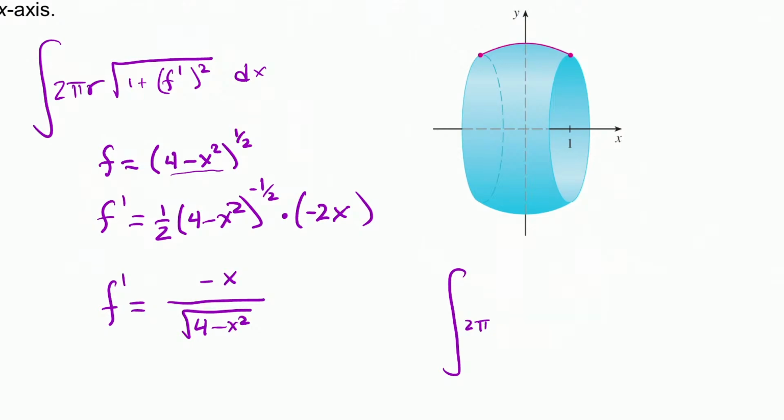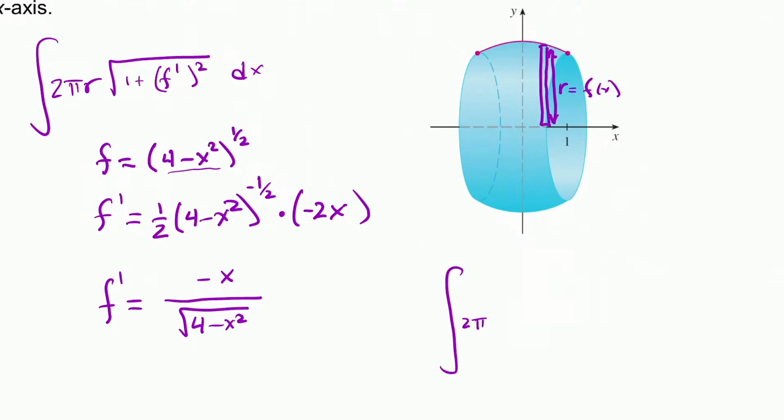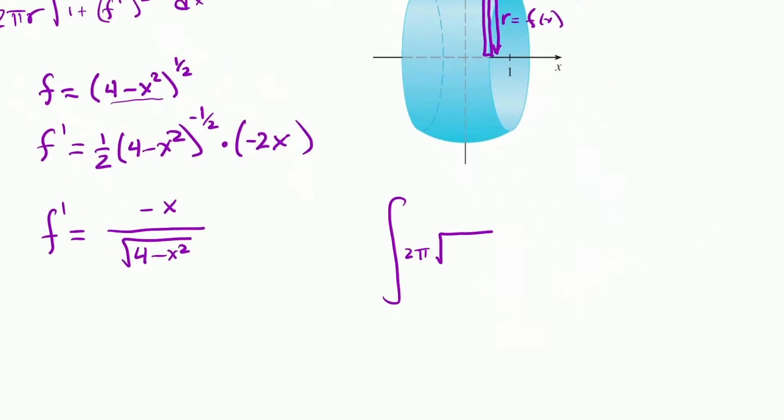I didn't sketch the region, but this is kind of the region here, even though you have this three-dimensional version of this. If you want to imagine just this portion, here is this rectangle, so the radius is the distance to the function in this case. Now, like I said, it's going to change when we change the axis, but for this particular case, the radius is the function. Okay, so 2 pi times the radius,